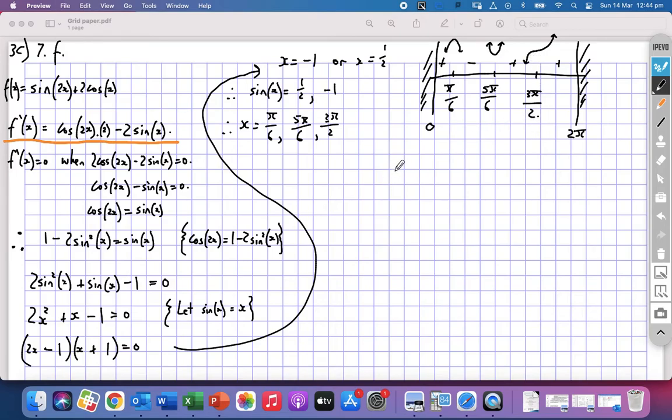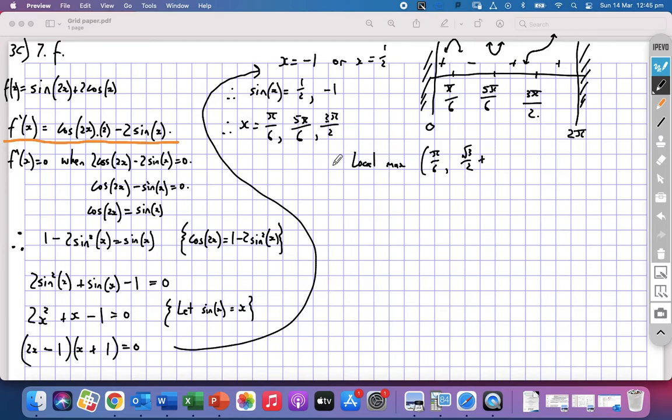So we could say, what could we say? We could say there's a local max at pi on 6, and what's the y value? We'd have to go back to the original function, so we'd have sine of 2 times pi on 6, that's sine of pi on 3, that would be root 3 on 2,